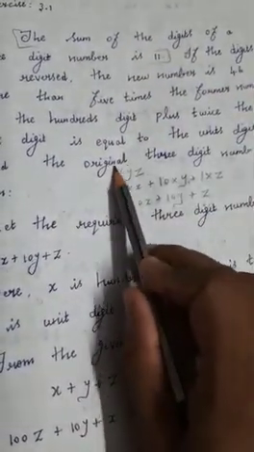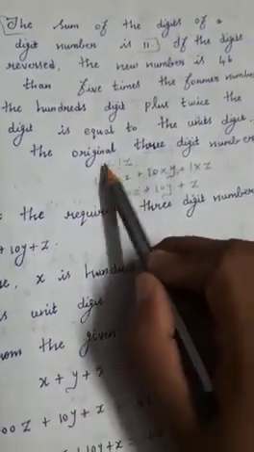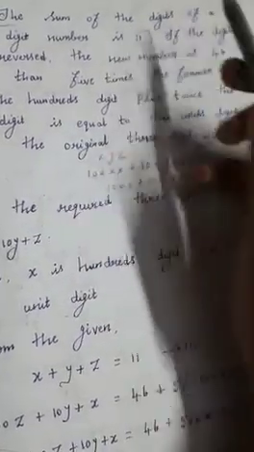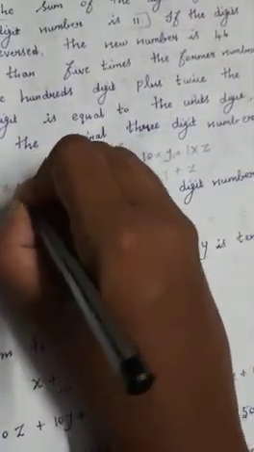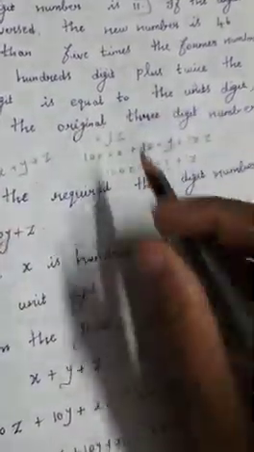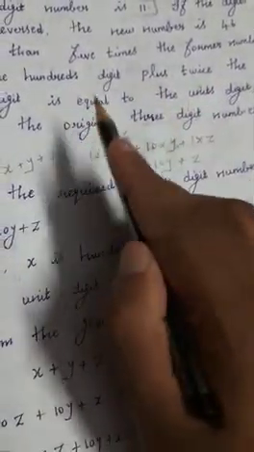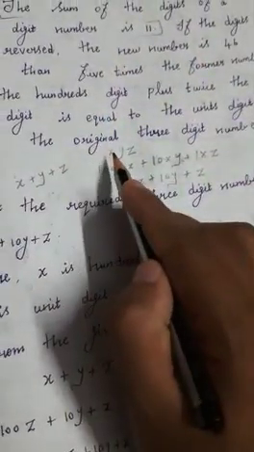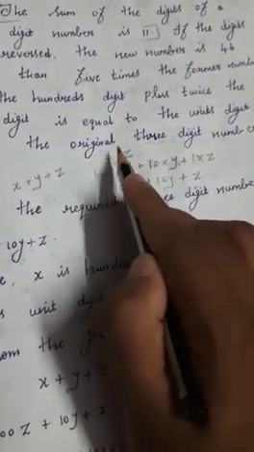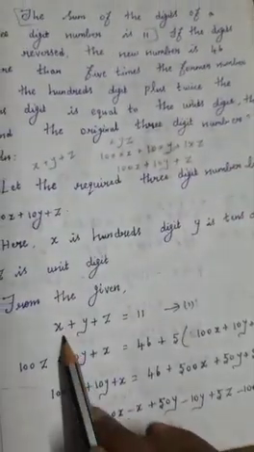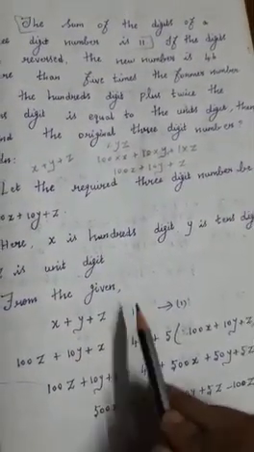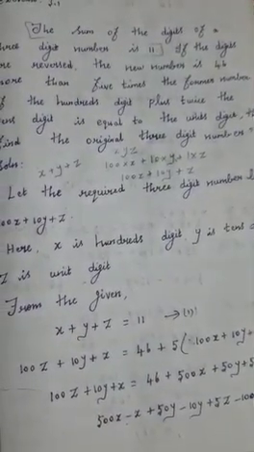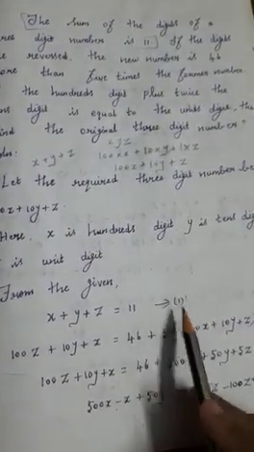Here we have taken xyz, so we can add these 3 digits. The answer is 11 they have given. How can we add it? x plus y plus z. For example, for 123 or any 3-digit number, how will you add it? 1 plus 2 plus 3, like that only we will add. So here also we are adding the digits only, that is x plus y plus z. While adding the 3 digits, they have given that the answer is 11. So that's the first equation. From the first condition we have got the first equation.